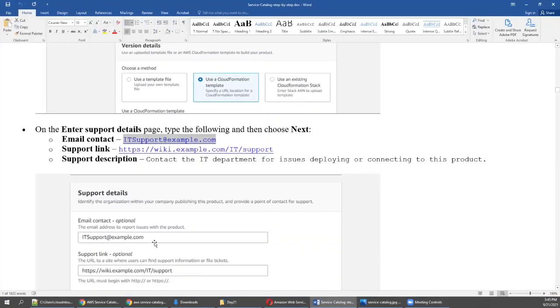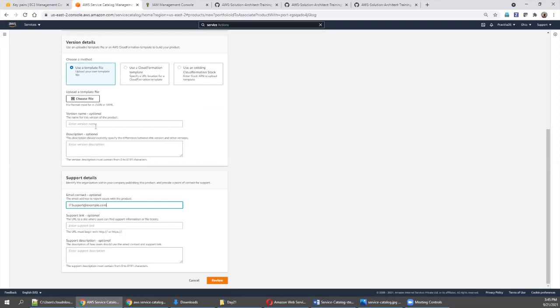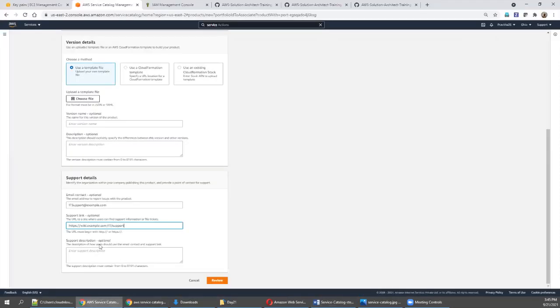You have a support link, right? So come down. You can mention the support links also. And in the support description, you can mention your contact number and more description to make people understand who they need to approach if they get stuck.